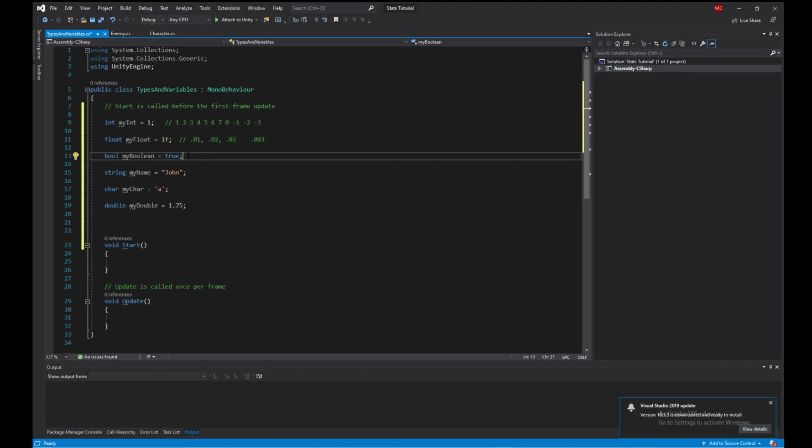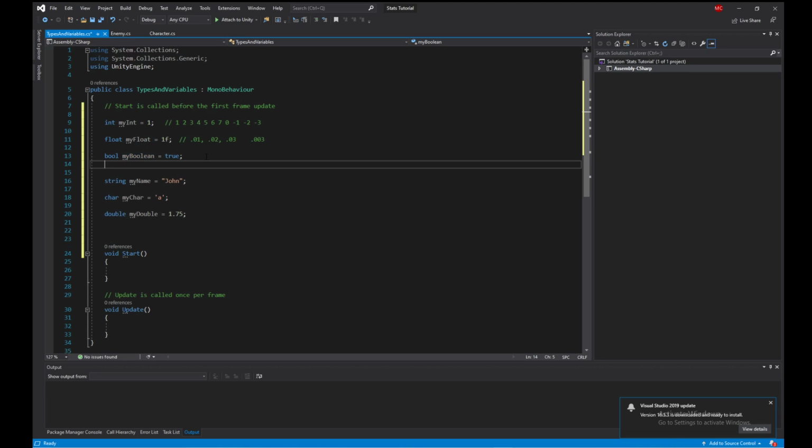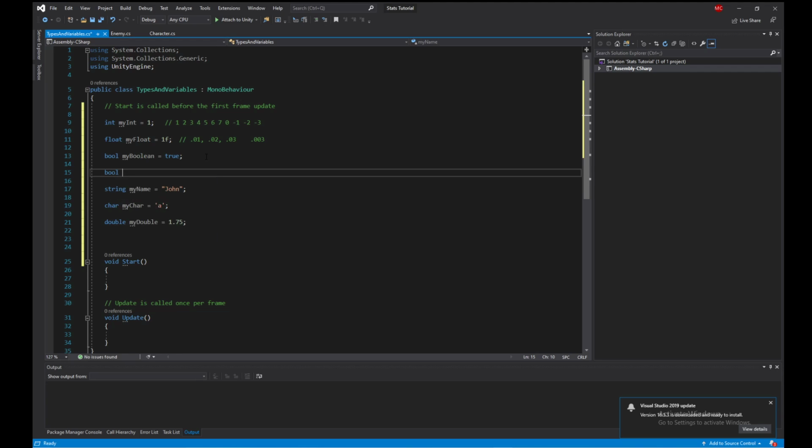Now the bool, a boolean is basically a yes or no, true or false. Think of a boolean like a light switch. Either it is true or it is false. Now a better, easier way for you to understand that is we normally use booleans in a way such as this. For instance,